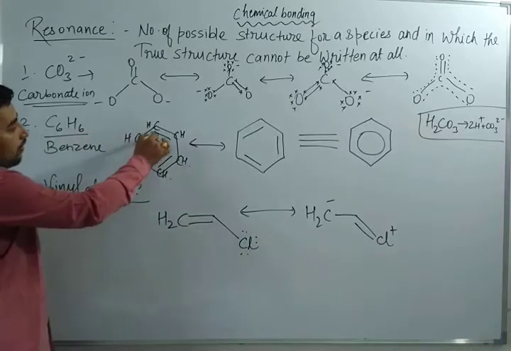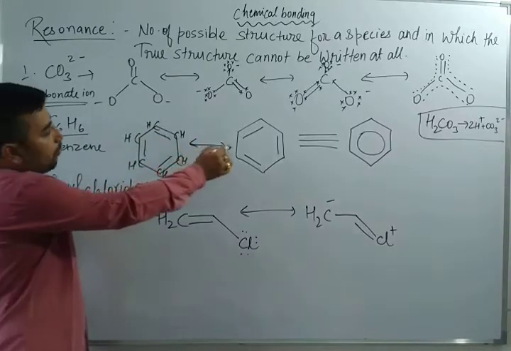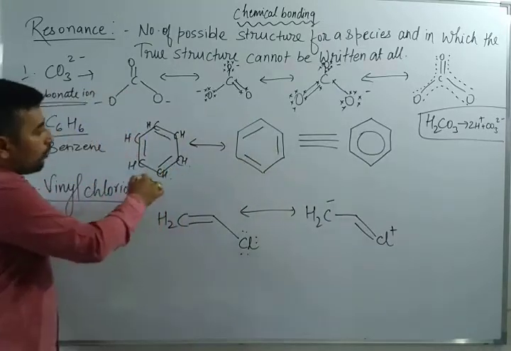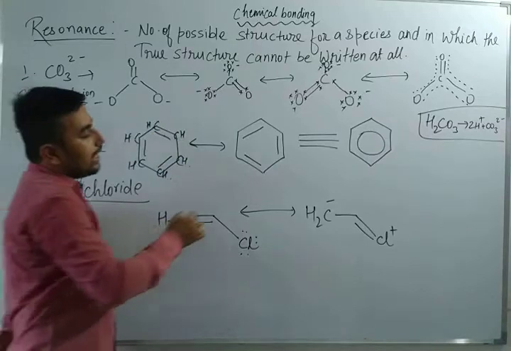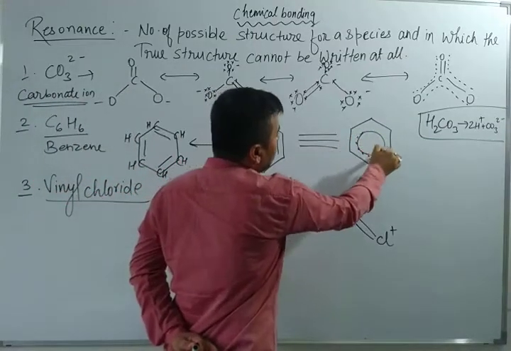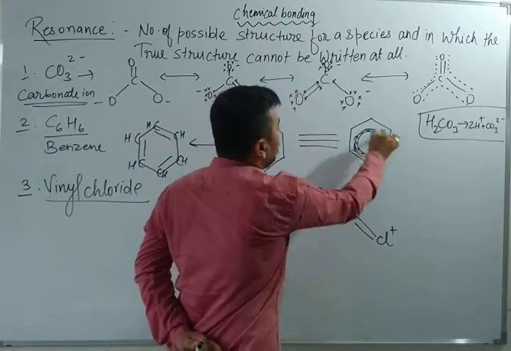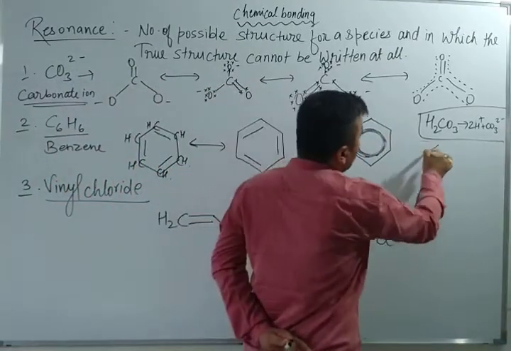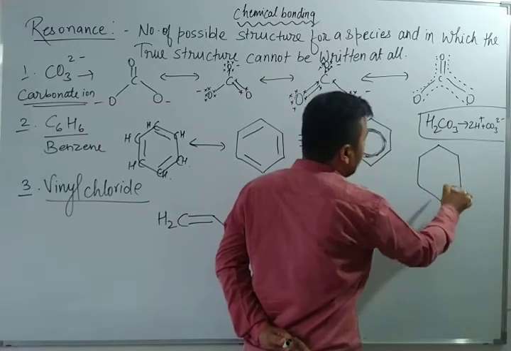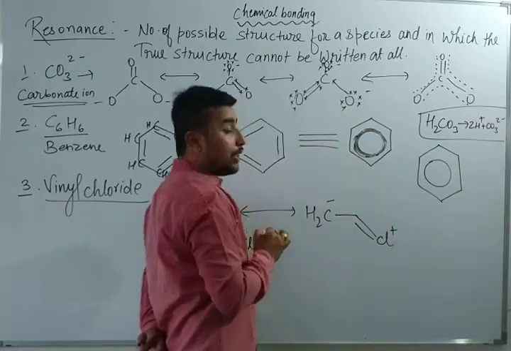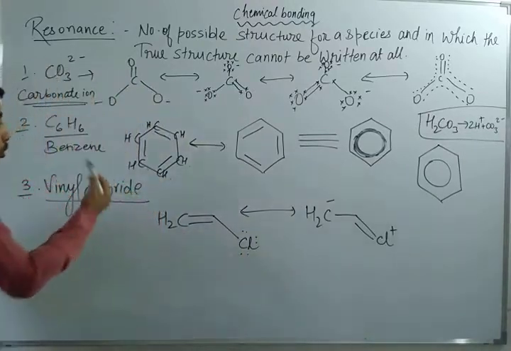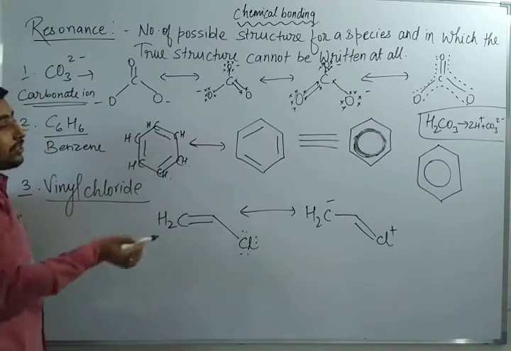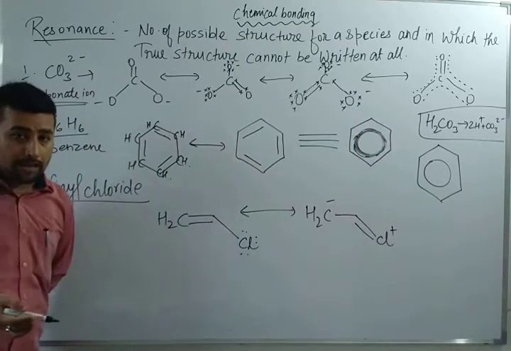Now just suppose I have drawn one structure here. Suppose this double bond shifts from the first position to the second position, the third position to the fourth position, the fifth position to the sixth position. That's why I have written the number of possible structures. You can see here the electron is rotating. It can't be stable at one place. So whenever you draw the structure of benzene, you put a round figure. When you draw the resonating structures, that time you have to show that earlier it was on the first position, or the double bond has shifted to the second position, showing how the electrons transfer from one carbon to another.